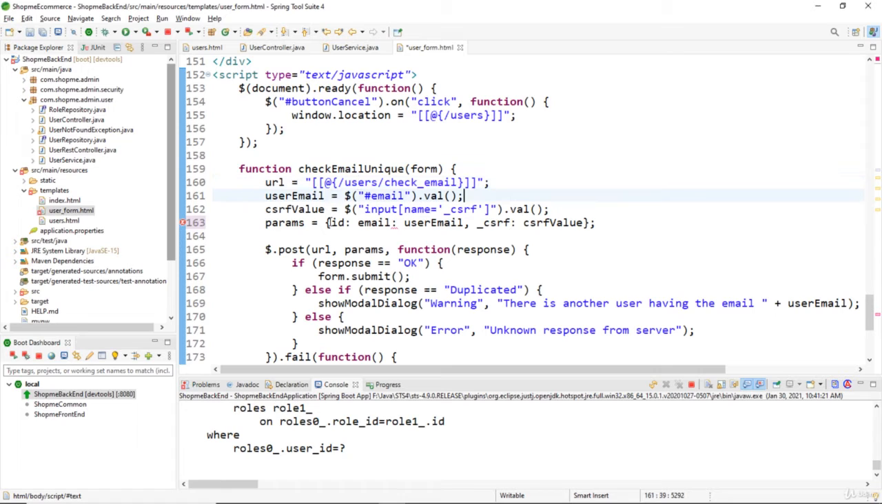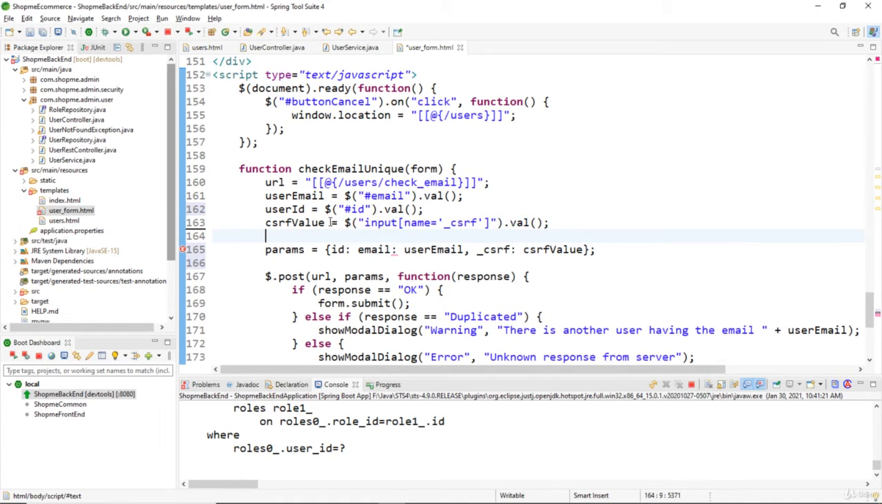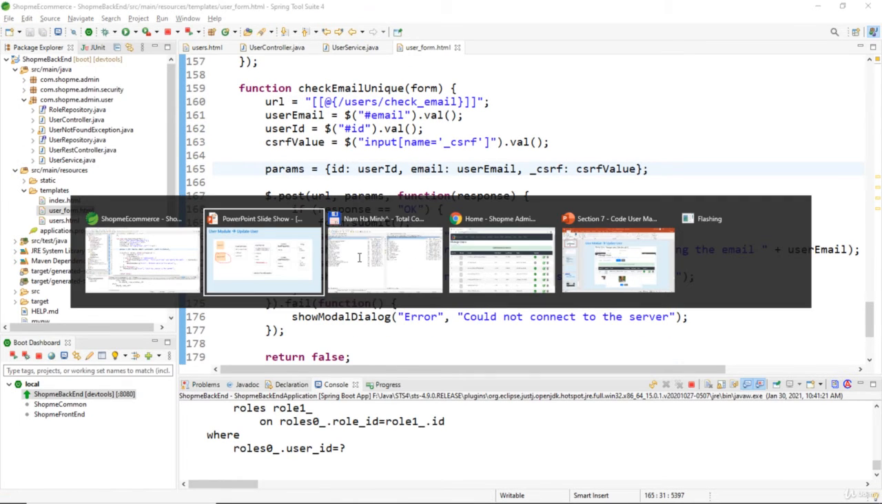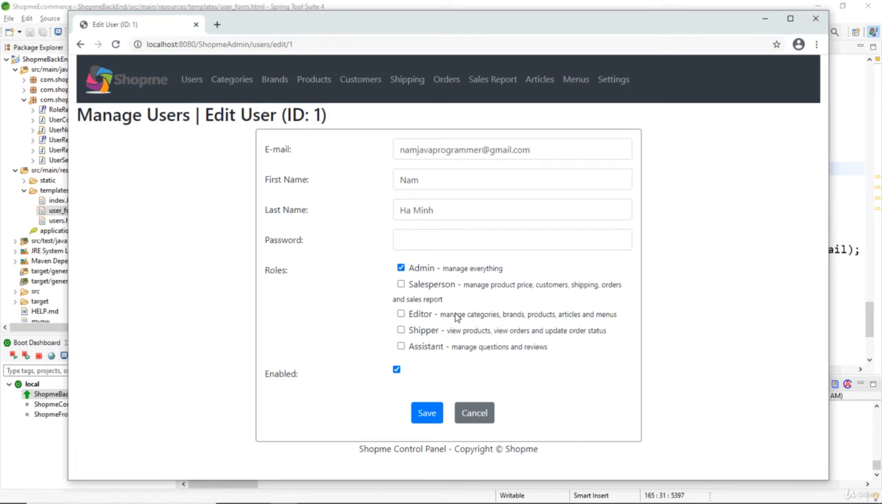We get the user ID here: user ID equals the query selector for the ID field value, and then pass the user ID here. Okay, save the changes and refresh the edit user form, edit user Nam Ha Minh here, view page source,